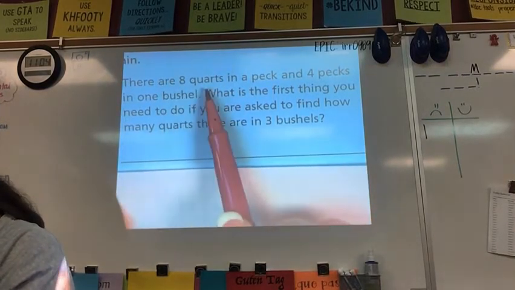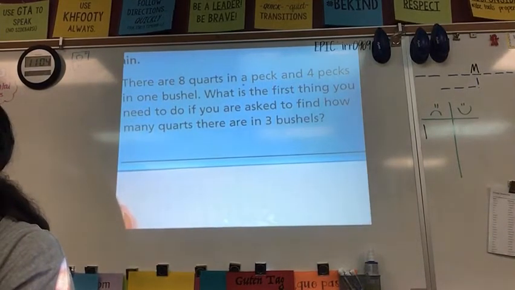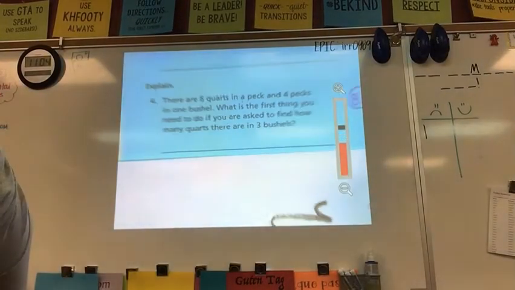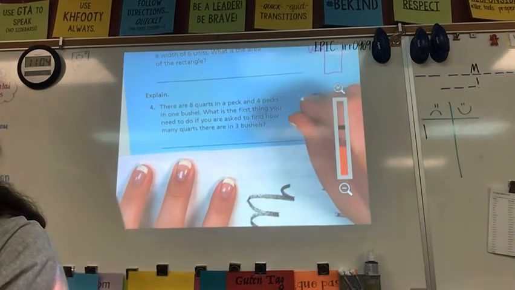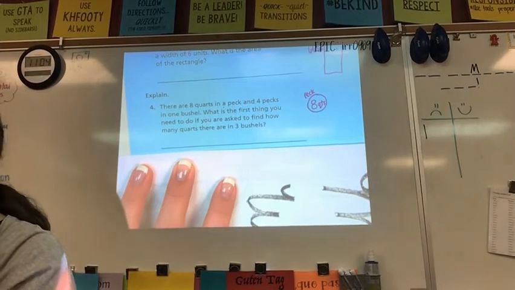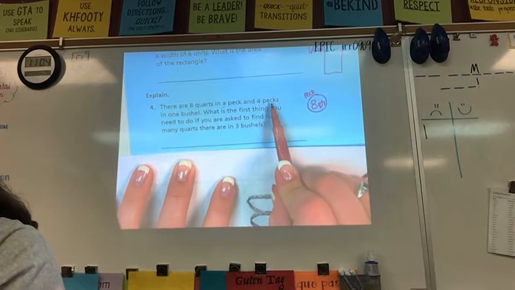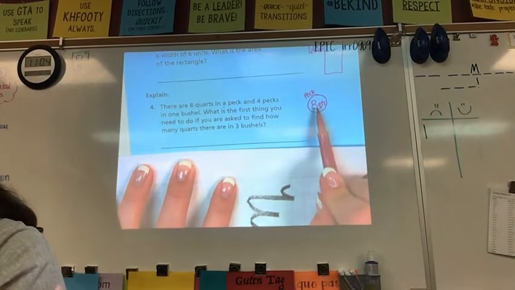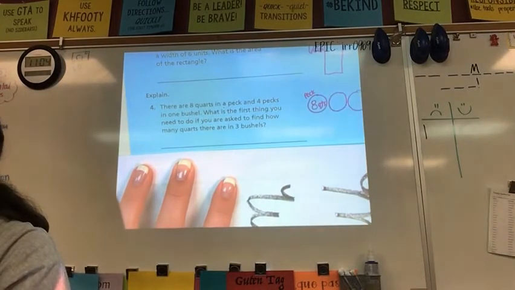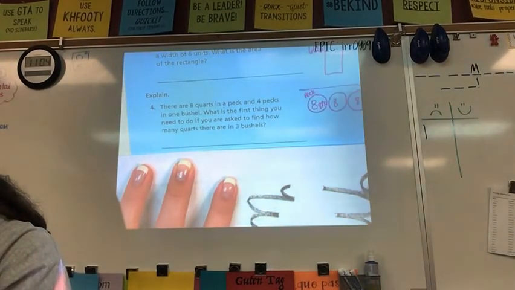There are 8 quarts in a peck. So I'm going to say that this is a peck, and there are 8 quarts. And you can't see my picture. One moment. This is my peck, and there are 8 quarts. And I'm just drawing that to help my brain. There's 4 pecks in a bushel. Well, there's 8 in one group, and I've got 4 of those. How many are in each group? 8. Okay, so there's 8 more quarts, 8 more quarts, 8 more quarts. And all of these are in a